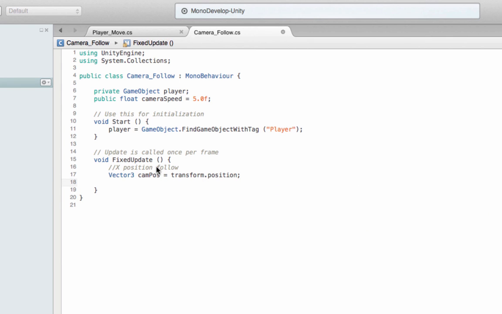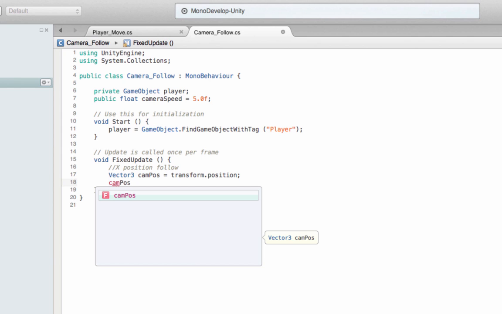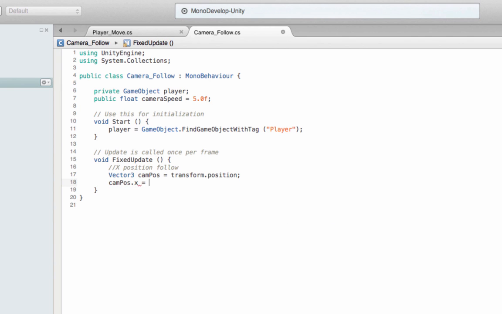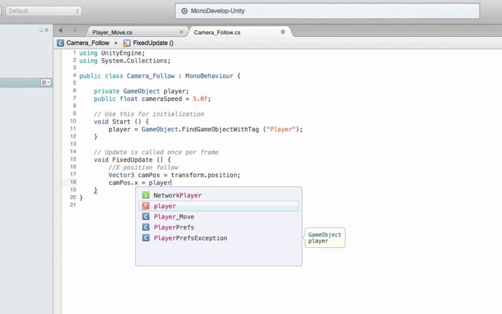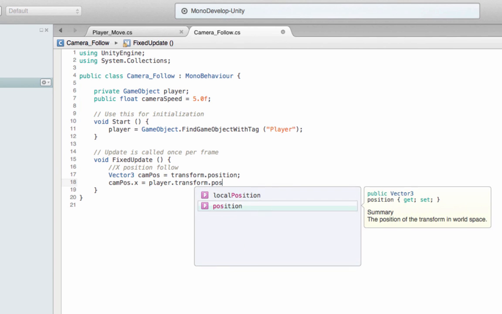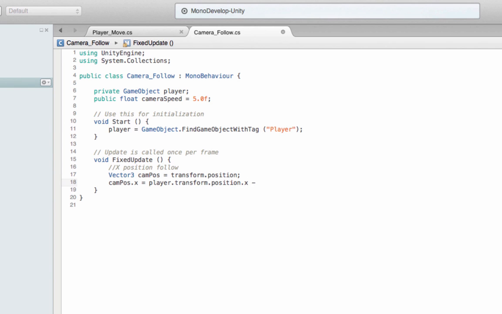And then we're going to access campos variable. We're going to get the X in that variable, equal it to player.transform.position.X